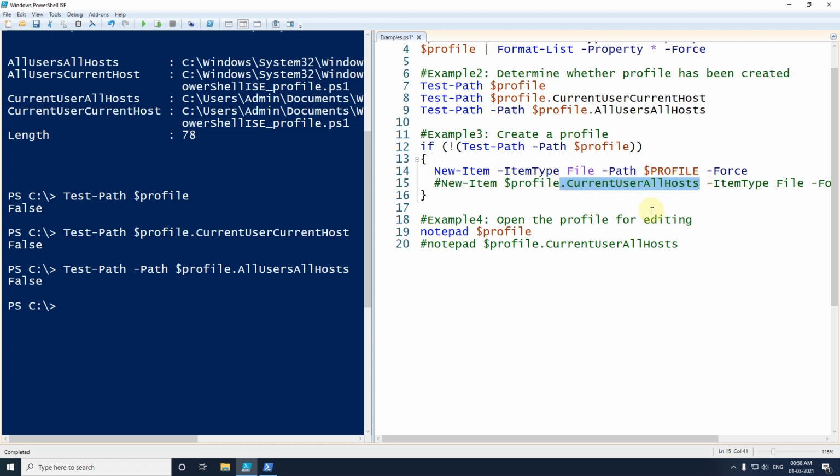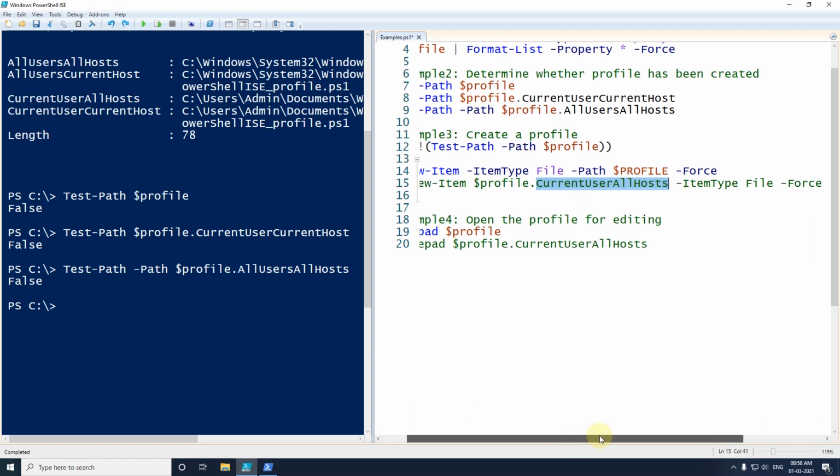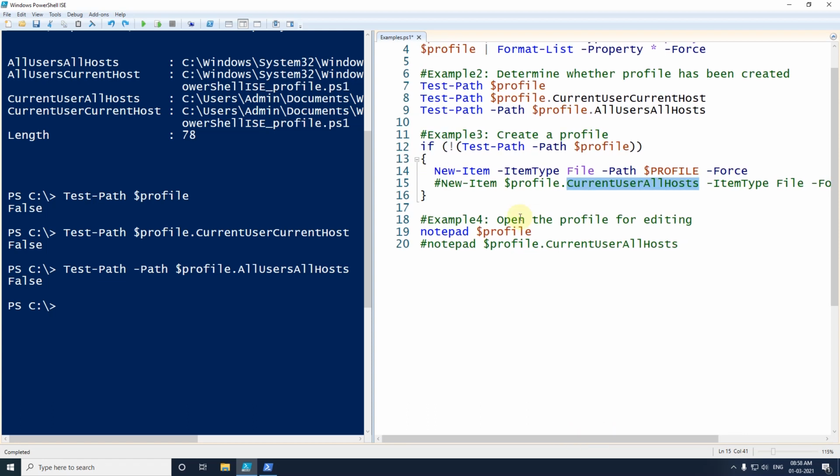For example, if you want to create it for current user, all hosts, then after $profile you have to use a dot and the scope of the profile, and all other parameters will be the same. Here I am not going to create any file in my system, I have just shown how we can create it.